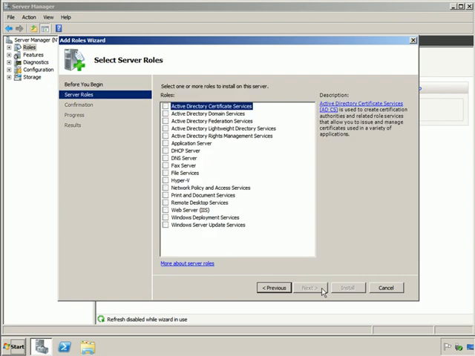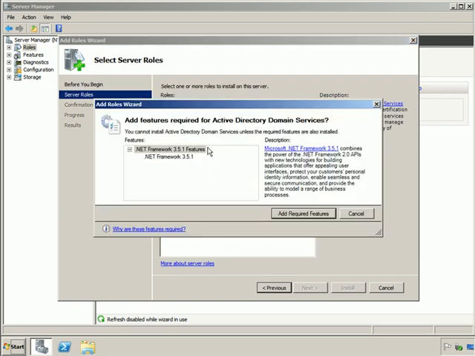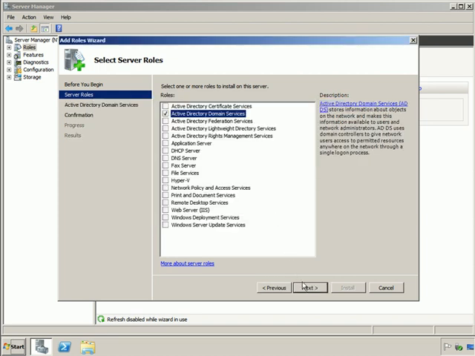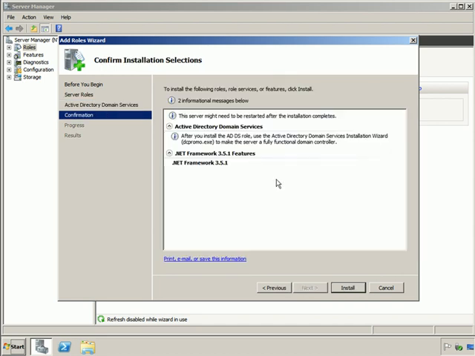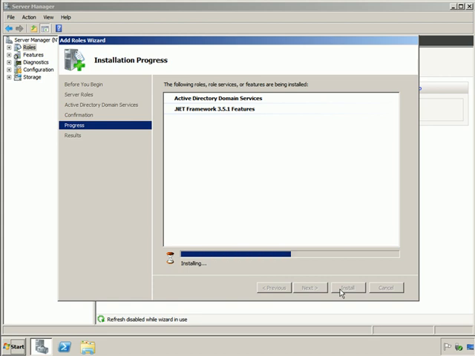So I'll click next, choose to install Active Directory Domain Services. Of course, it wants the .NET framework as well, so add required feature. Click next. Here's our introduction screen into what Active Directory Domain Services is. Click next. Our summary screen confirming what we're about to do. Click install. And now it's going to take just a few moments while we go through and install Active Directory Domain Services and .NET Framework